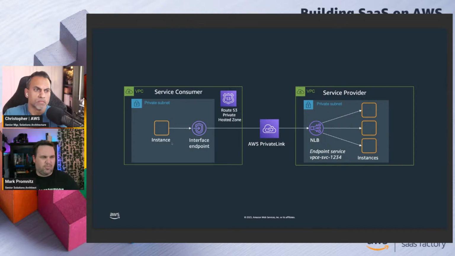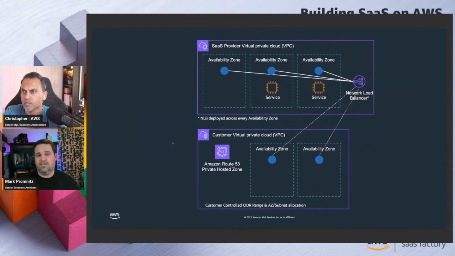When I think about supporting customers with an AWS presence, it tends to look a bit like this, right? We have a network load balancer. It's deployed across all the availability zones within a region. Your services are behind it again. And we can drop those endpoints into essentially your customer-controlled VPC, so that's in their account. They've already chosen their availability zones, their subnets, their CIDR range, all of that. They might have resources already deployed.